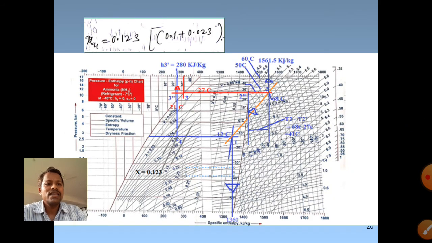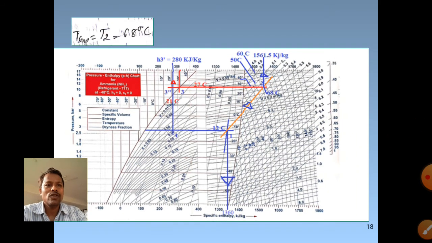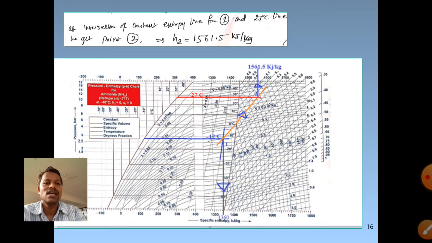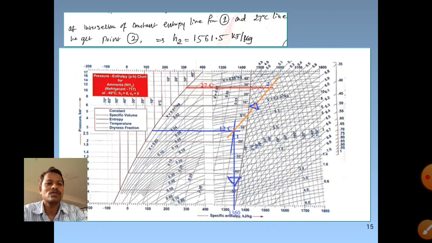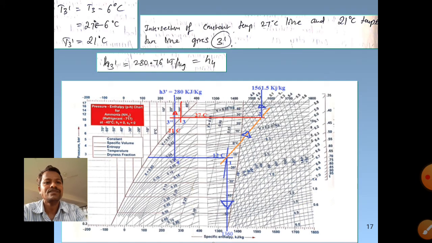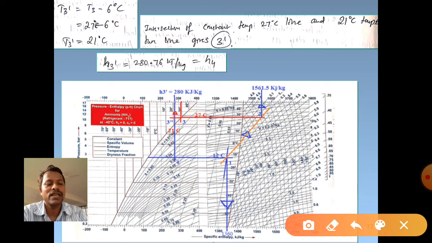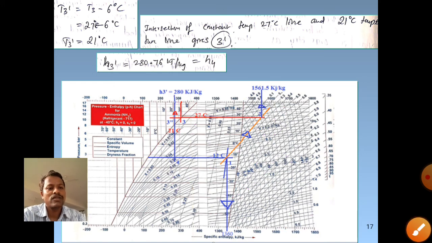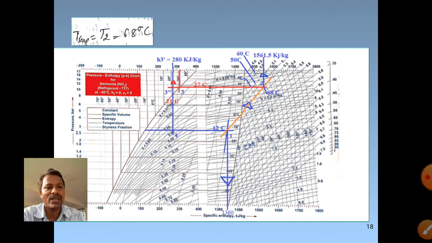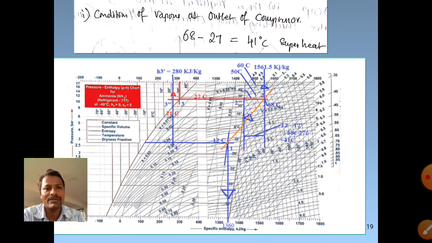Hope you will pause the video wherever necessary and follow the instructions to mark all these points. If we see the final image here, the refrigeration cycle is marked: state point 1, then state point 2 in the superheated region, then state point 3 dash in the undercooling region, then state point 4, and the complete cycle is marked on this pH chart. So we must learn how to fix the state points according to the given problem statements. Then we need to obtain the enthalpy values from the pH chart. That should be the learning outcome of this video.